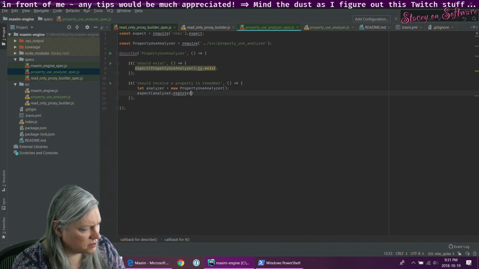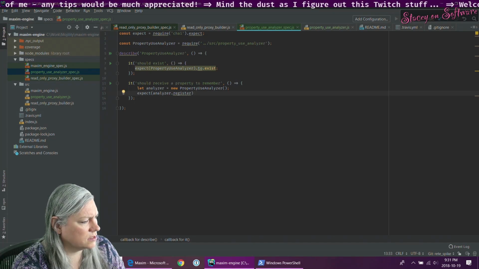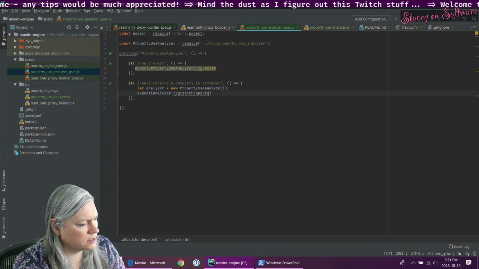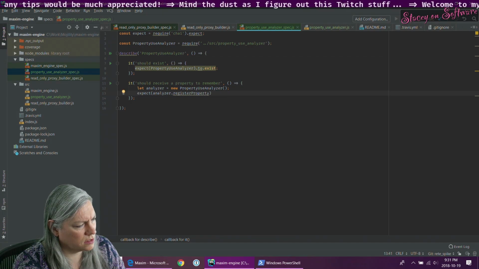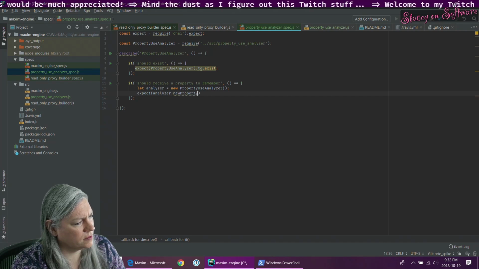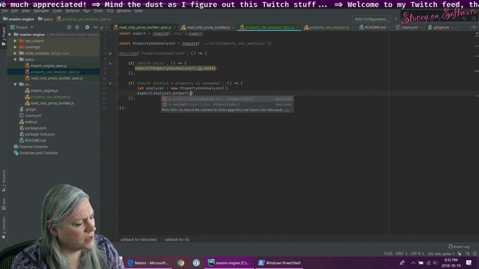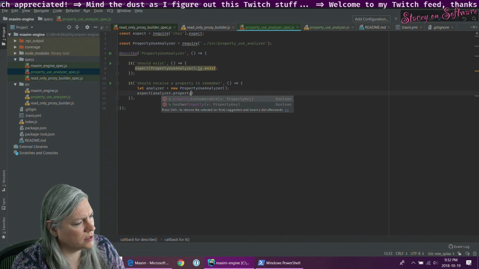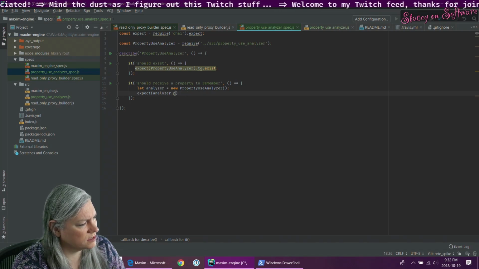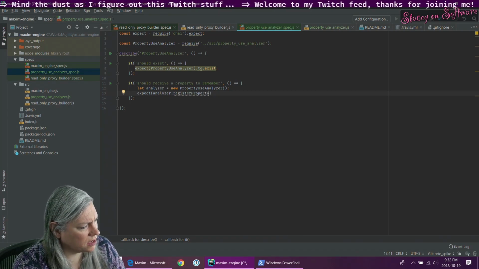Register property. Let's start with register property.